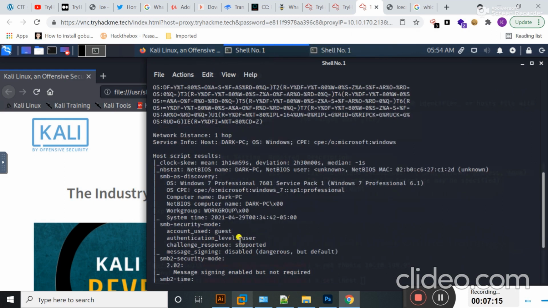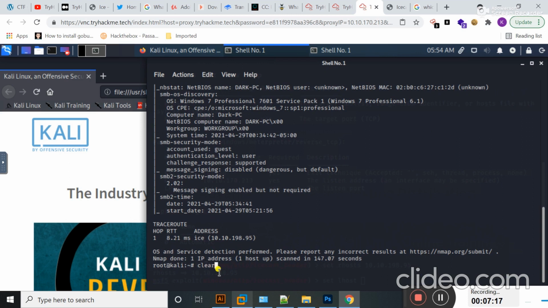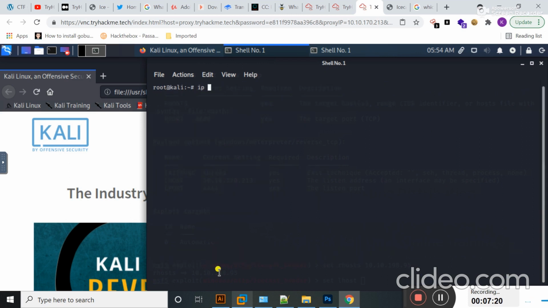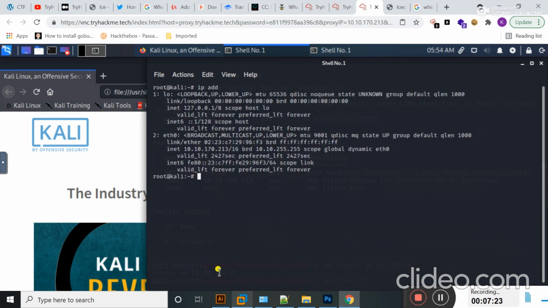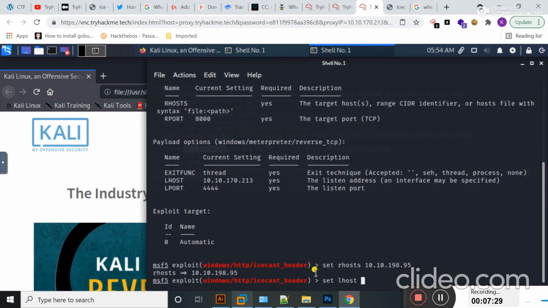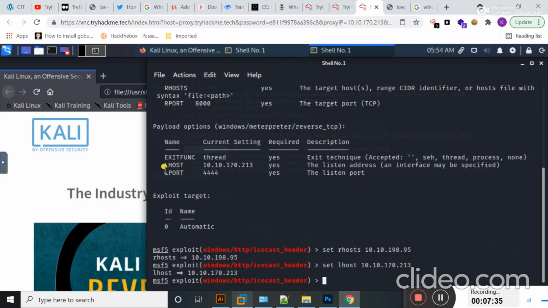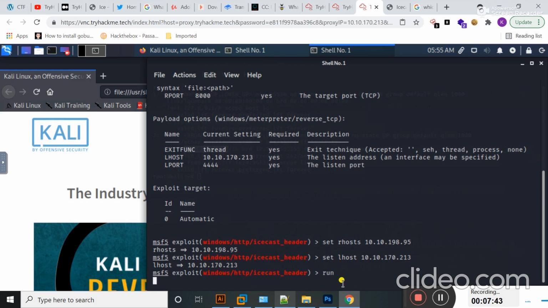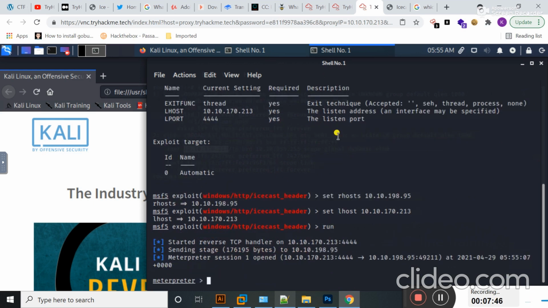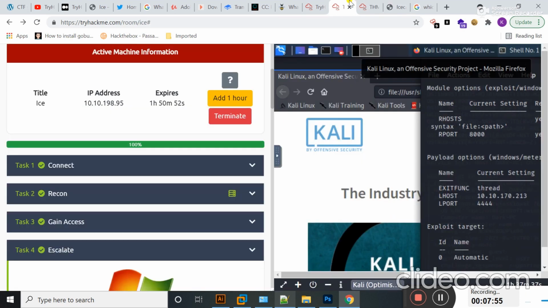If I move to my terminal and check my local IP, you can check IP by the ip a command and hit enter. Here you can see the local IP of this machine present. I can copy it from here, move to this and paste here. So both options rhost and lhost are now set. Now if I type here run in order to run this exploit, guys, you can see that we have a MeterPreter shell in the system. You can see that I have successfully gained the MeterPreter shell.